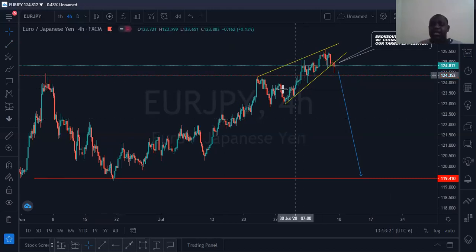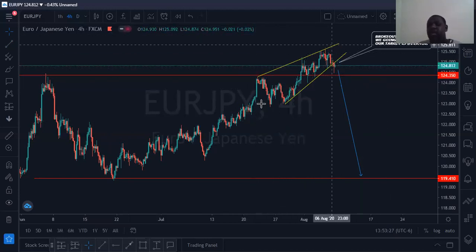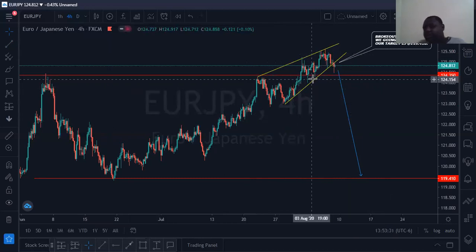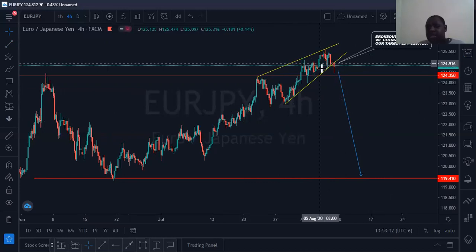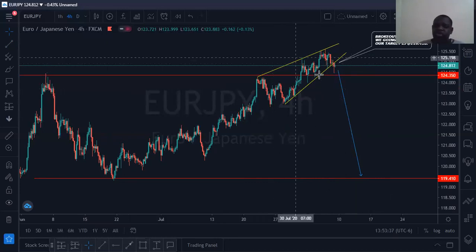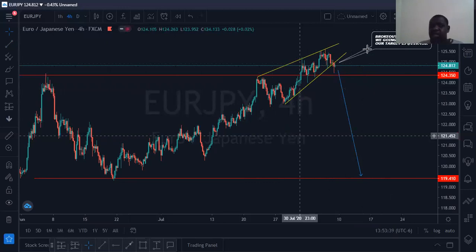As you can see, this is an example of what I'm speaking of currently. The market just broke correctively. So this is a trade that we won't be looking into, because as you can see on this trade, the market broke into a correction side. Meaning that this is just a false out.